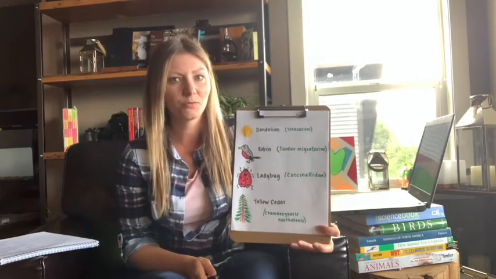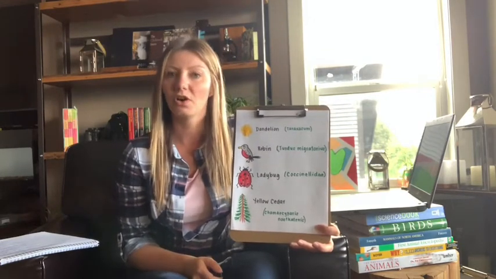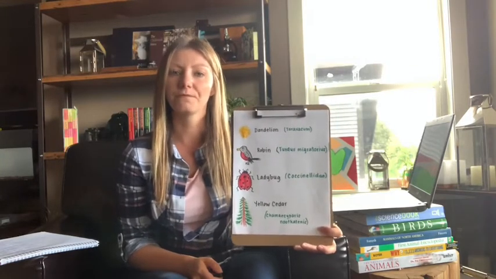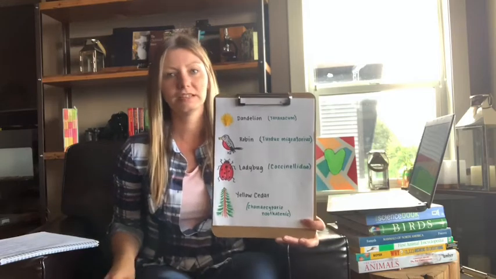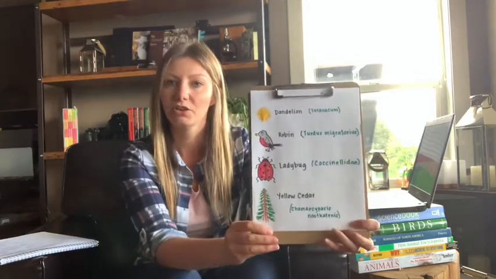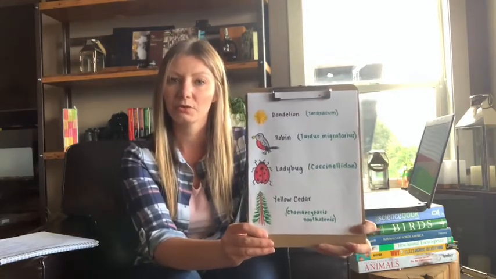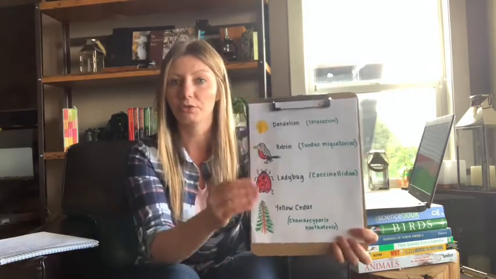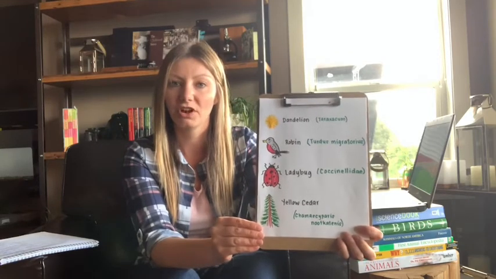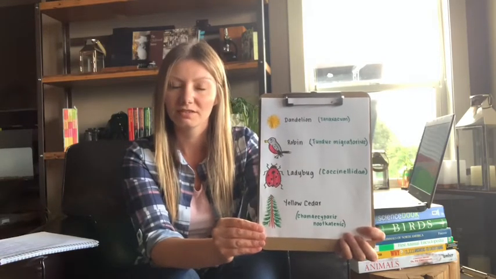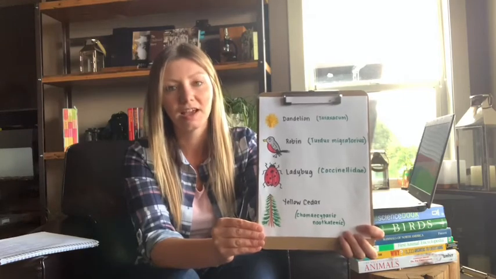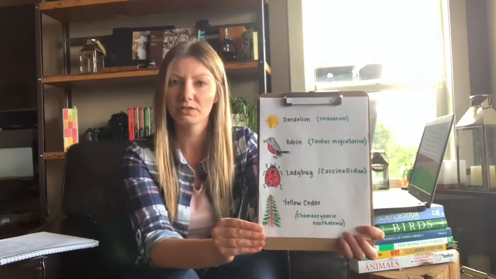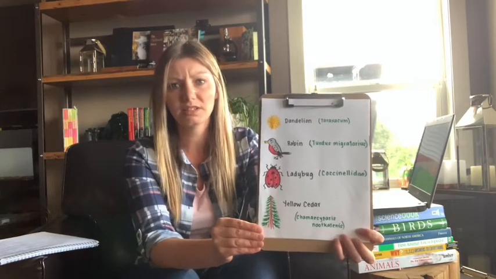The next thing I want to be able to review with all the plants and animals that we've been talking about are some of their structural features. So with each activity that you had with all of our science lessons, you had an activity worksheet that you could either draw on your own sheet of paper or you could print off. And on all of those sheets, we took observations about our plant and about our animal. So when we took those observations, we looked at some of those